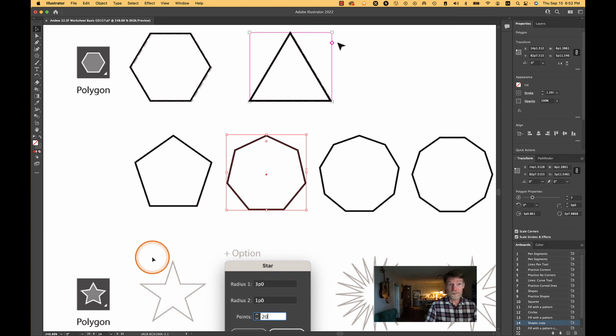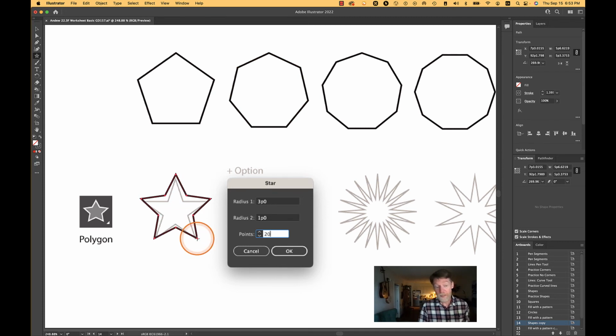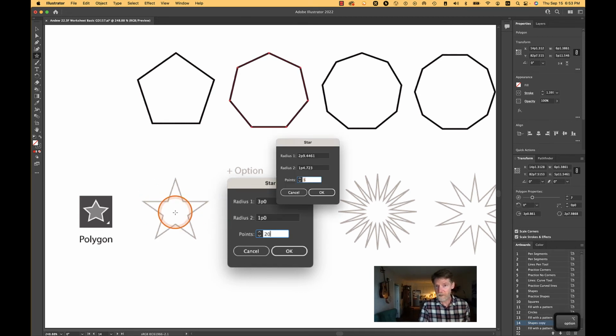Our last shape tool that we're going to do is the star tool. This one is complicated in the sense that there are two radii. You're drawing this radius and this radius. You have to figure out both. So if you just draw a star, you are not going to be able to control that. If you want to control it, you have to hold the Option key down and use the dialog box. So for this one, I'm using a radius of 3 picas,